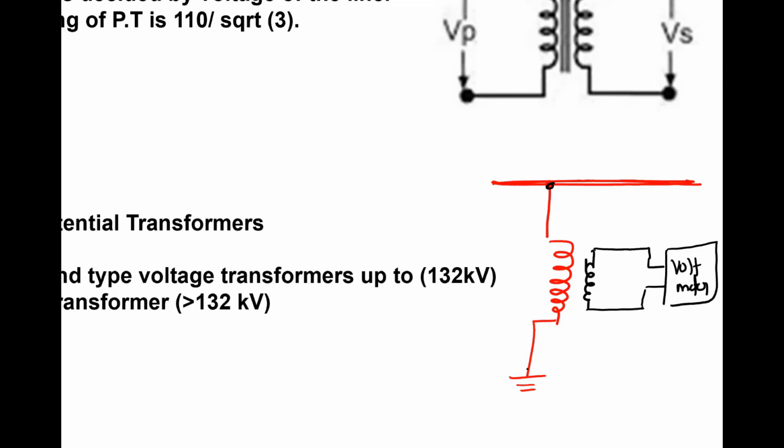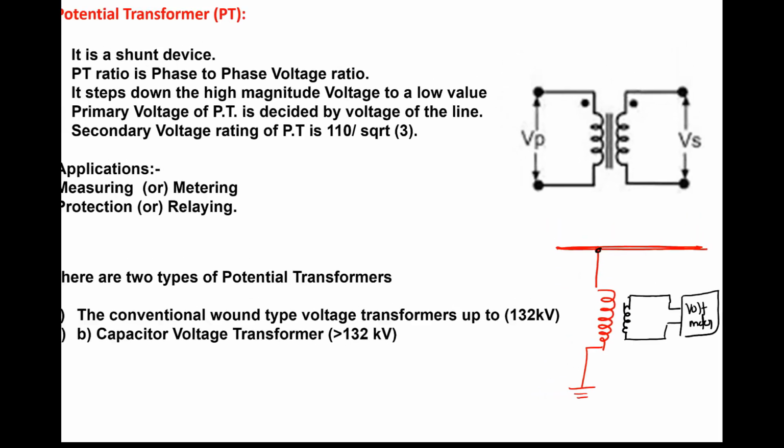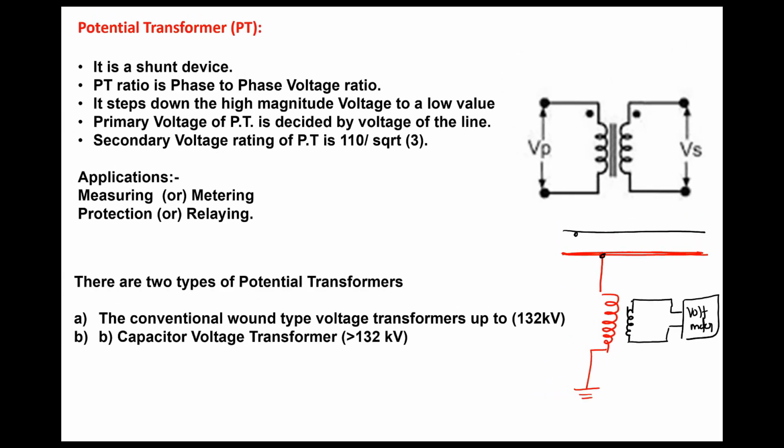Okay. PT ratio is a phase-to-phase voltage ratio. That means R phase will have 1 PT, B phase will have 1 PT. So there will be 3 PTs. That means phase-to-phase voltage ratio in most of the cases. Likewise, even CTs are connected in every phase, depending upon your requirement. Understand? So this is how 3 CTs in 3 lines and 3 PTs for 3 lines. Okay. So PT ratio in most of the cases, it is a phase-to-phase voltage ratio.